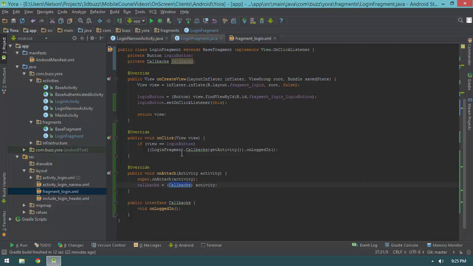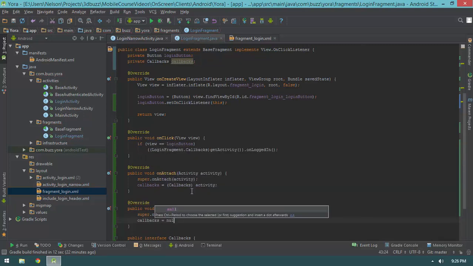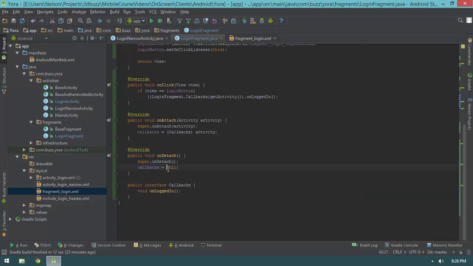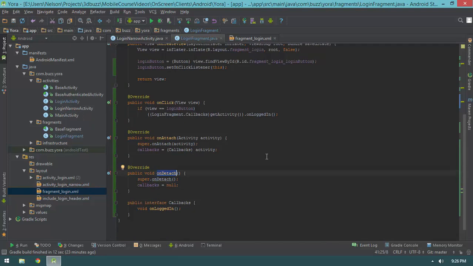Now, there's another thing that we want to handle, and that is detach. So I'm going to say override public void onDetach and super onDetach, and then callbacks equals null. So why am I doing this? Now, you should be able to see that the onDetach method is the opposite of the onAttach method. OnDetach gets invoked when we're no longer attached to an activity. And then we set callbacks to null. That's important because